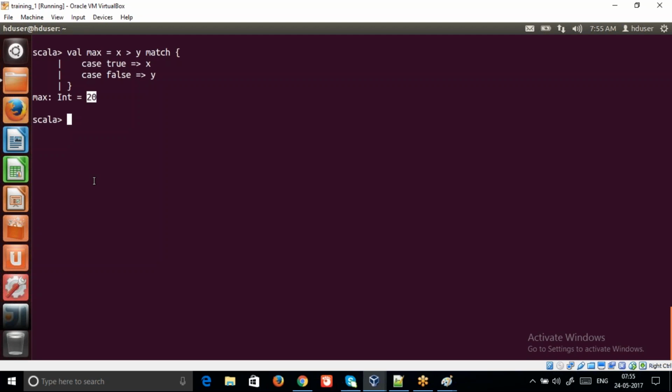So that's how the match expression works. To give you one more example, I can say val status is equal to, let's say, 200. A simple thing. I will pass this status to the match expression. I will say val message equal to, as I said, the expression comes first, then the match block comes. Then I say case. So status is an integer. Status is an integer. I can specify here